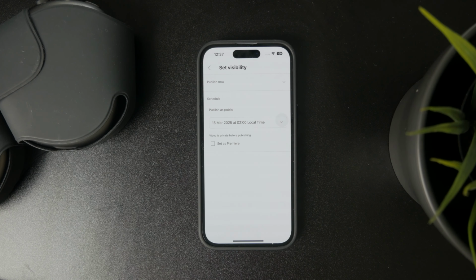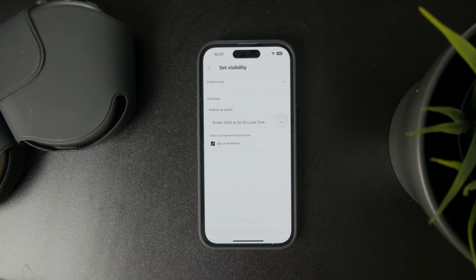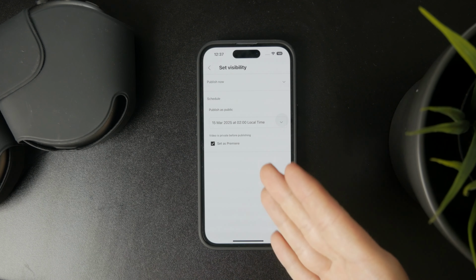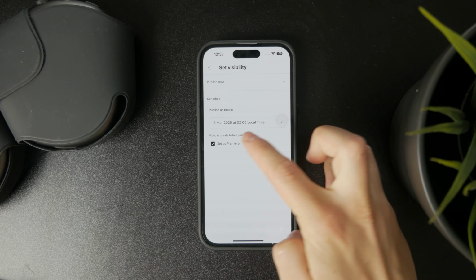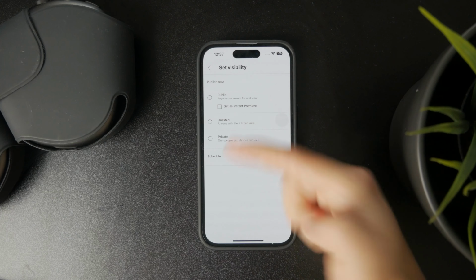You also have the set as premiere option, which is a great feature because you can just show people what's coming up, that this video is going to be published at that time so they can get excited. You usually do this for videos which are a little bit higher quality or things which you want to premiere. So that's how it works, and this is how you can schedule a YouTube video on